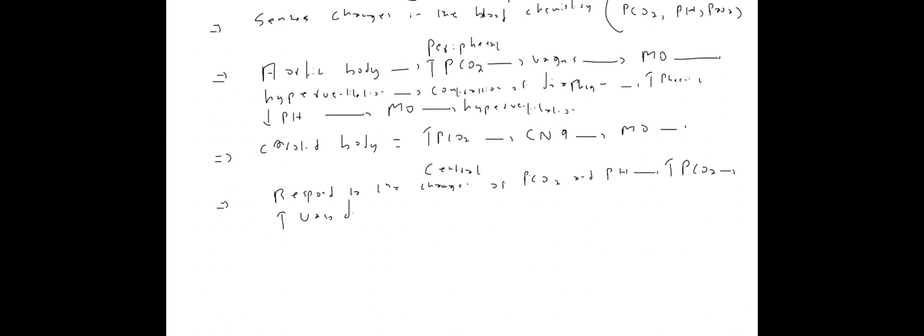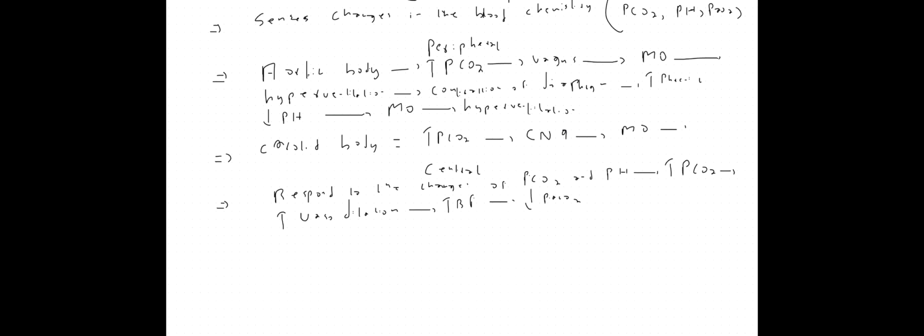Because your carbon dioxide will only increase when there's a decreased blood flow to the brain, so you have to compensate. These receptors are working to compensate, to set back the homeostasis to the physiologic condition. So vasodilation will happen, and that vasodilation will increase the blood flow. When you increase the blood flow, the oxygen will be increased and the carbon dioxide will be decreased. Similarly, the pH change will have a similar mechanism.